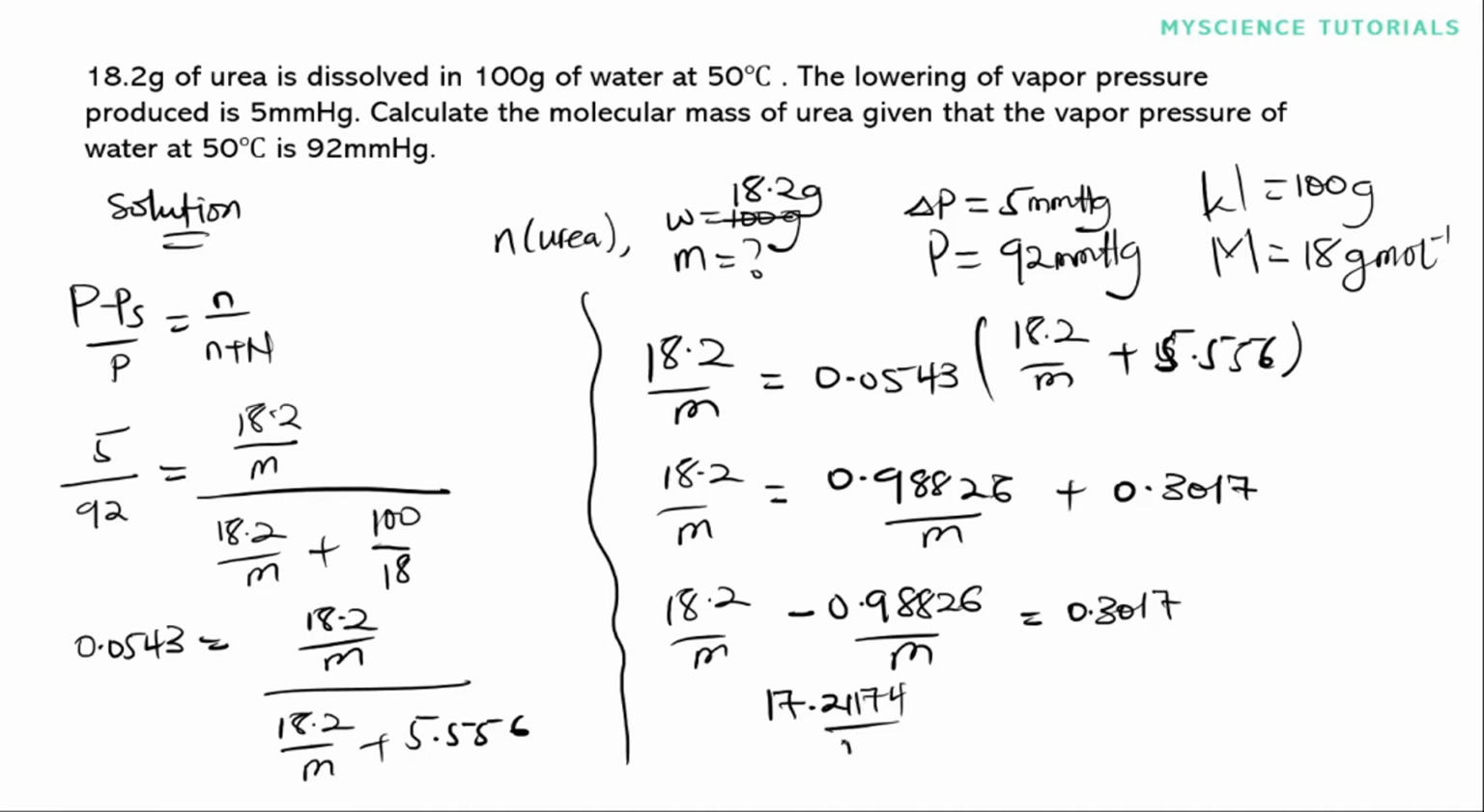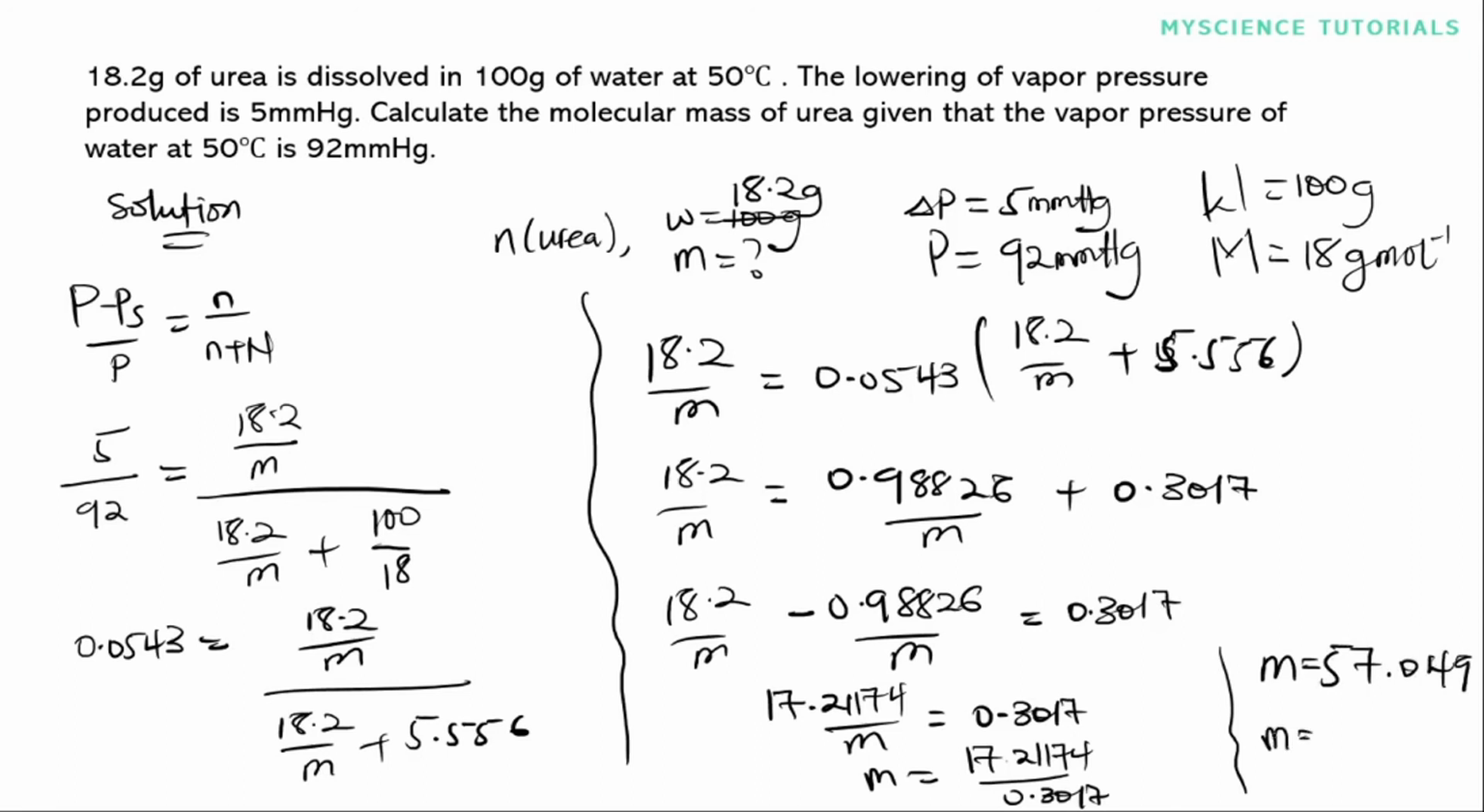17.21174 on m to be equal to 0.3017. So from here our value of m is what? 17.21174 divided by 0.3017, and hence our m is, if we punch this into the calculator, we are going to get 57.049. So it means the molar mass of urea is what? Approximately 57 gram per mole. All right,